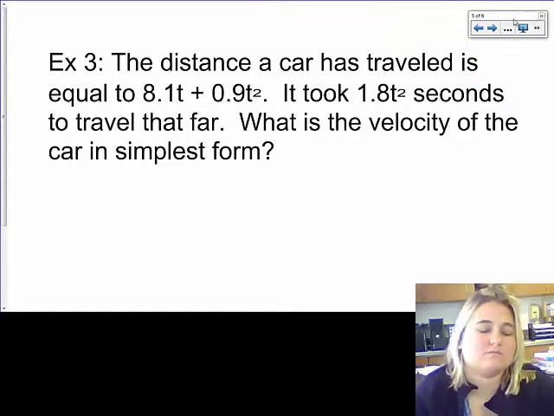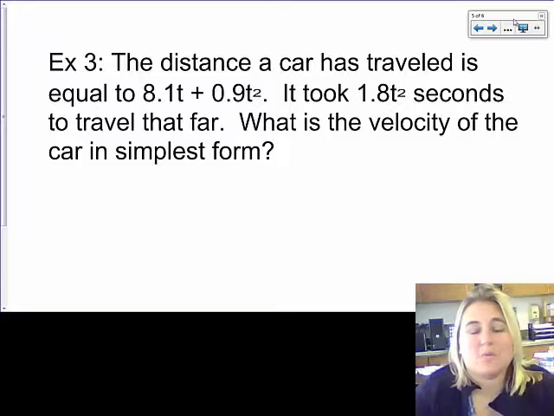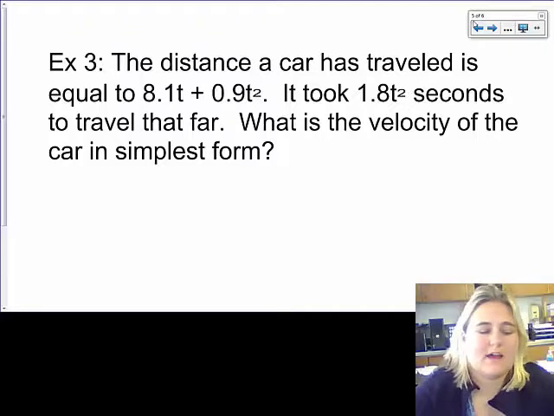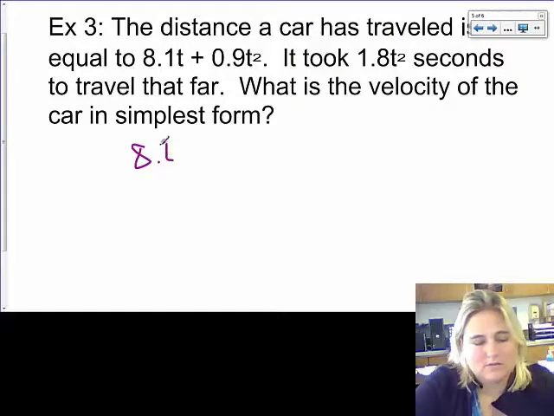The distance a car has traveled is equal to 8.1t plus 0.9t squared. It took 1.8t squared seconds to travel that far. What is the velocity of the car in simplest form? So what we're going to do to help us solve this is the same thing that we've been doing all along. We're going to take that 8.1t,